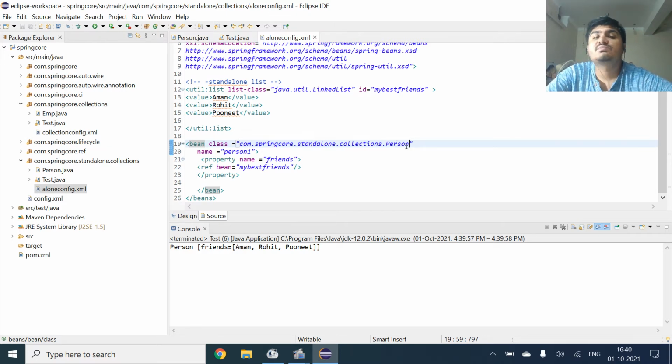I just specified the class name, and here I am getting the output: person friends equal to three names for the input which I have given, that is Aman, Rohit and Puneet. So right now the util tag is working perfectly fine.